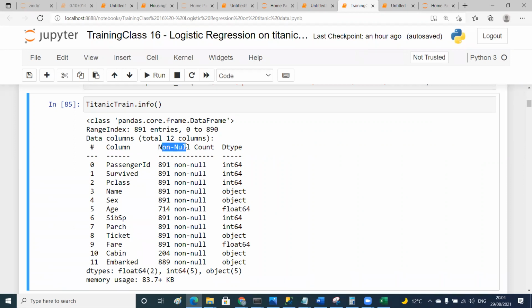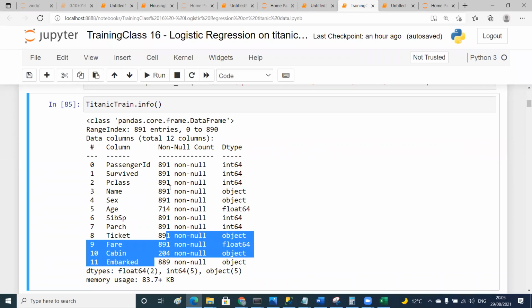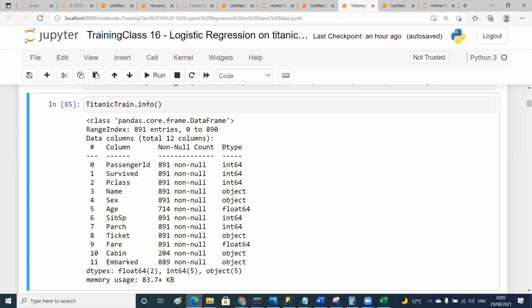Then this not null would help you to know columns that have missing records within them. So for example, age has some missing records, cabin has some missing records, embarked has some missing records, every other column is complete. Then the D type helps you to know